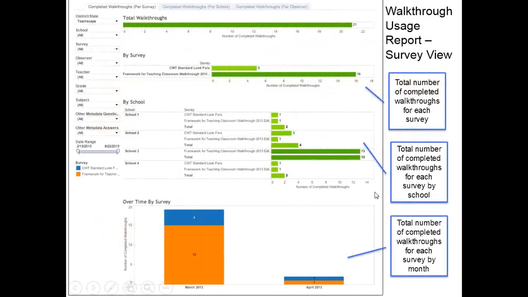So in this situation, the first thing is essentially you can look and see which of the walkthroughs that you've put out there are being used and which schools they're being used in, and get an idea of how they're being used. So this is basically somewhat just of a usage. Are we using our walkthroughs, and are schools actually doing anything with them?